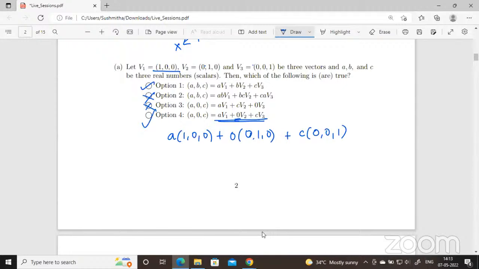Thank you. Ma'am, one clarification. Is the term scalar just a terminology for constant, or does it have some special meaning? There's one concept called a field, and the elements in the field are called scalars. For us, the field is R, the set of real numbers, so real numbers are scalars. So we can safely consider it as a constant. Yes, scalars are real numbers, something that won't change, with no direction.